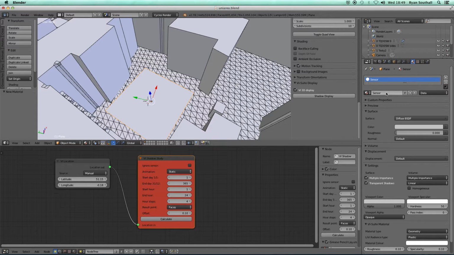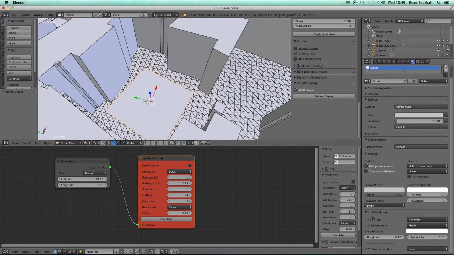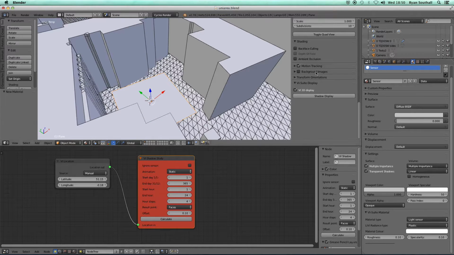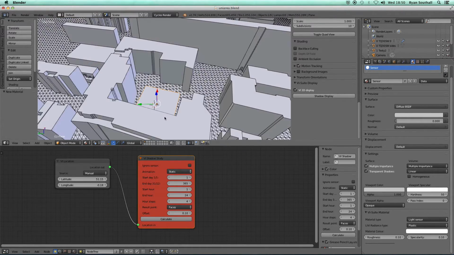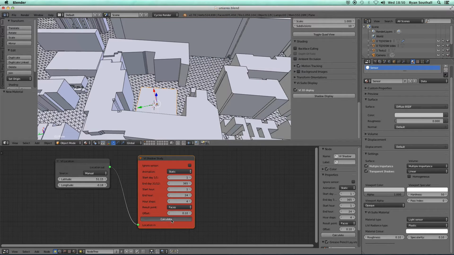call that sensor, and for the vSuite to know that this sensor material is a sensing surface, down here in my vSuite Material tab, I need to change geometry to light sensor. So now the vSuite knows that this geometry and the faces within this geometry with this material attached are going to be the points of calculation for our simulation. So that's fine. So now that I've got that sensing surface set up, I can now press calculate,